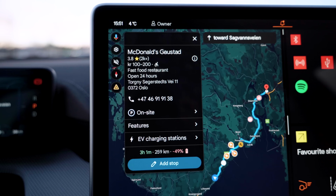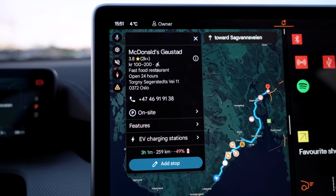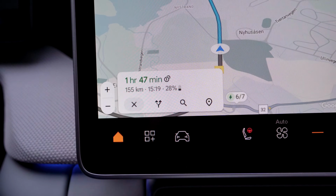So the car wanted us to go to 89% stated charge and arrive at our endpoint back at the Ragde Chargers in Ullevål with 30% stated charge, which is way too much. So the car said we will need 49% stated charge to get back to our starting point. So I think we're gonna have a little bit of a buffer, because on our way down, the car in the beginning said we were gonna arrive with 29% at our turnaround point, and we arrived with 22 or 23. So I think we're gonna go to maybe 55 or 60,